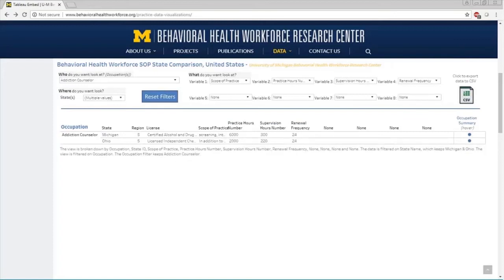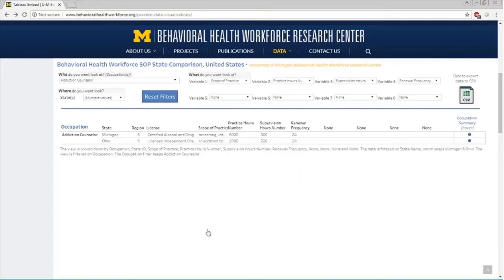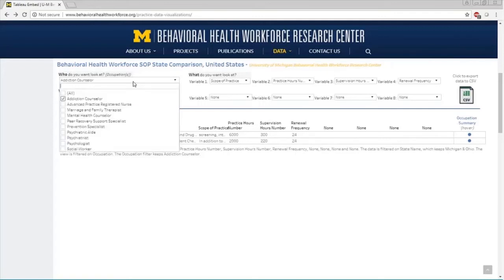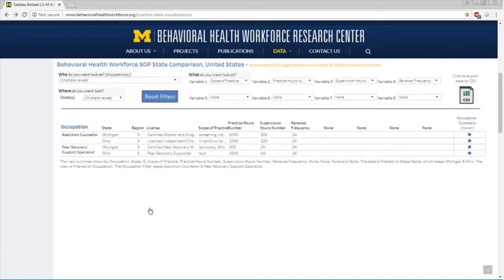And in order to have all of this summarized at once, if you just hover over this dot, it brings a pop-up of all the variables that you picked for that row. Now for the fun. We can export all of this data too. Whatever selection you wanted with however many, let's add another one just to show that it just pops up automatically. Addiction counselors and peer recovery support providers now. Let's say that's what we want to export.